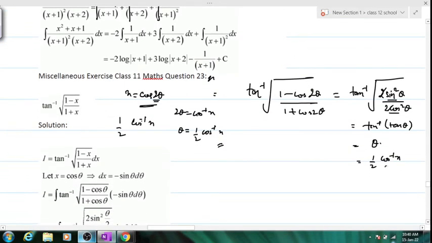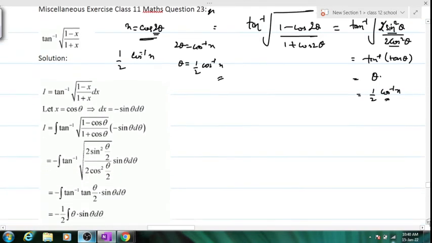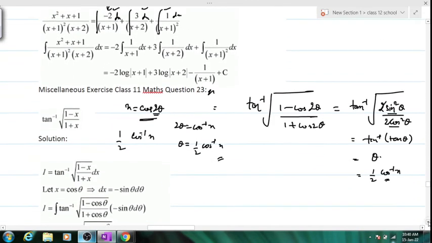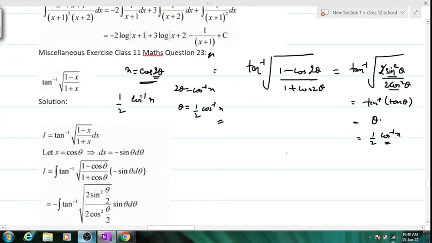Of individual, there is a function out here. Individual, we have a function, so we'll go on to integrate directly. Okay, you could have done in the way they have done in the solution, but I would prefer you do it in normal way. Integration of half comes outside, cos inverse x dx. What is the integration of cos inverse x? How will you do it? Cos inverse x integration.